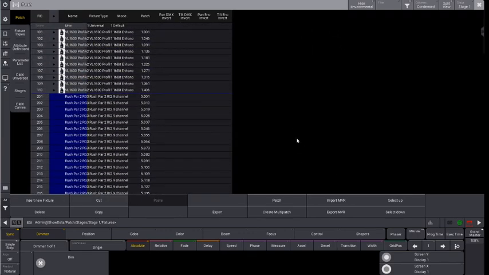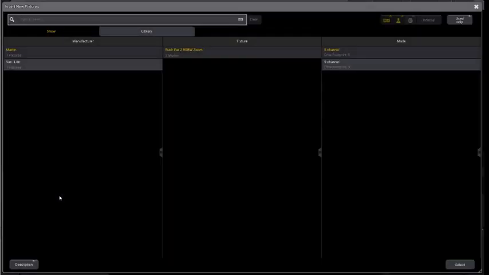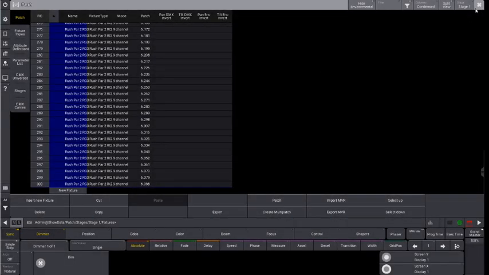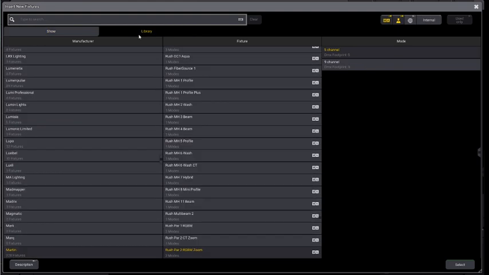So you can now understand how things might get a bit annoying, because if I start adding loads and loads of fixture types, we're going to end up with a really long list of stuff, especially if I then go ahead and go new fixture, and say, for example, I add in a